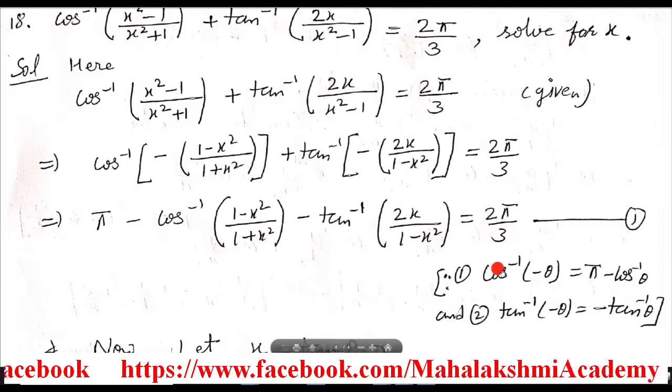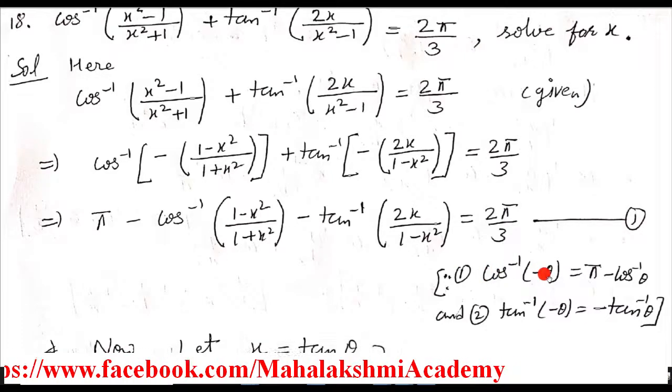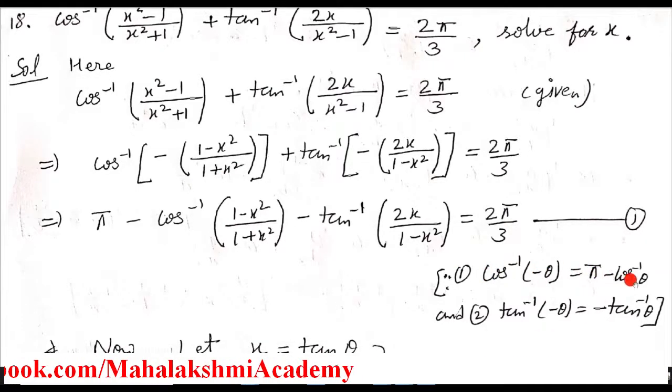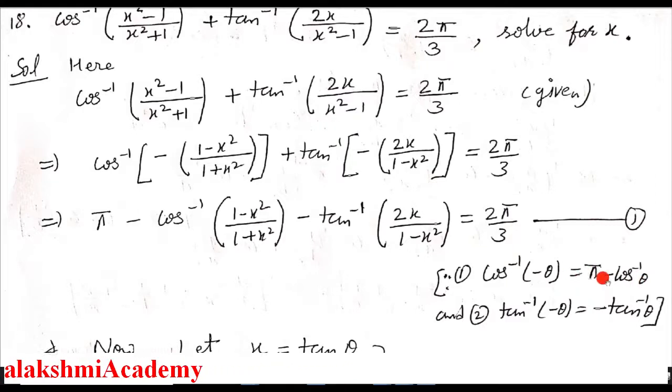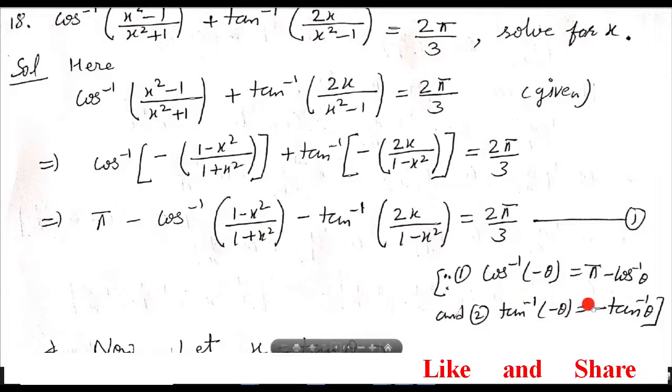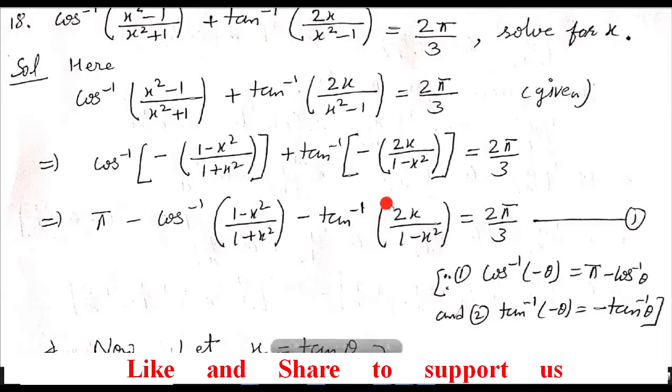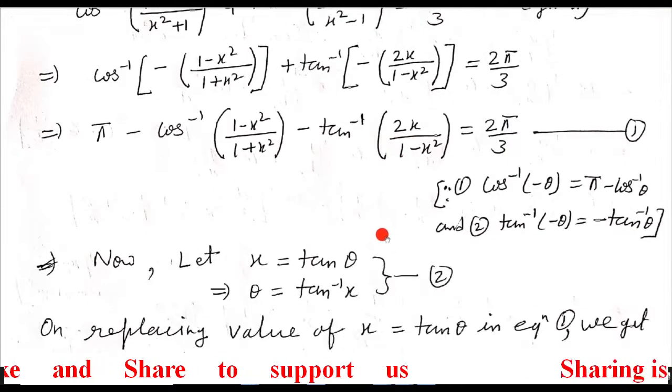Now you know that cos inverse of minus theta is pi minus cos inverse theta. That's why I used the formula here, pi minus cos inverse. This completes our theta. And tan inverse of minus theta is simply minus tan inverse theta. That's why minus tan inverse. This is theta. Then